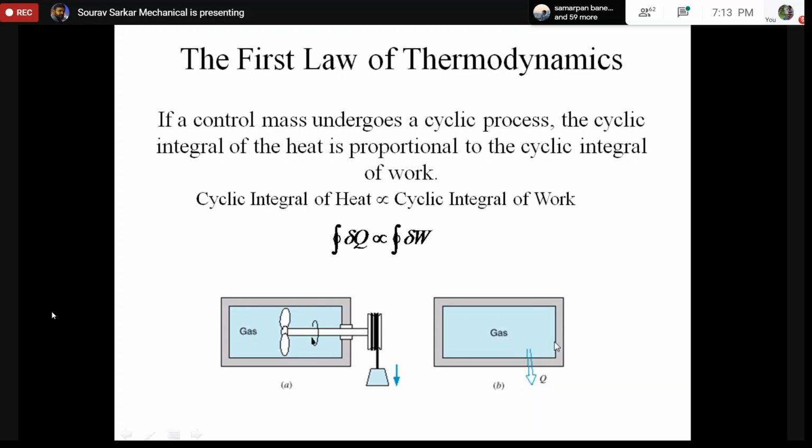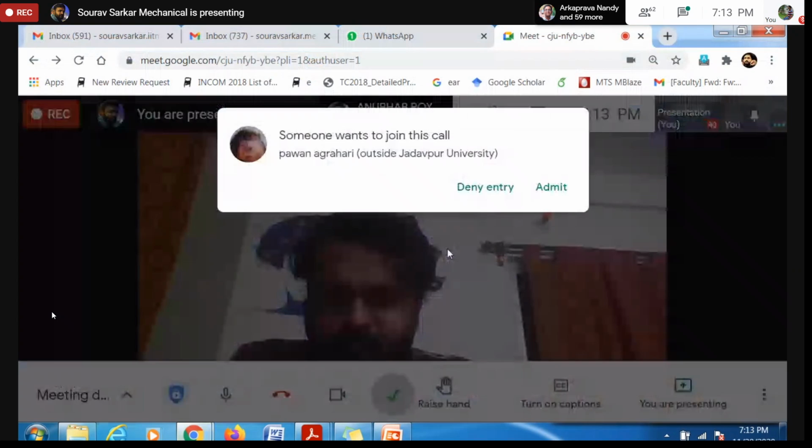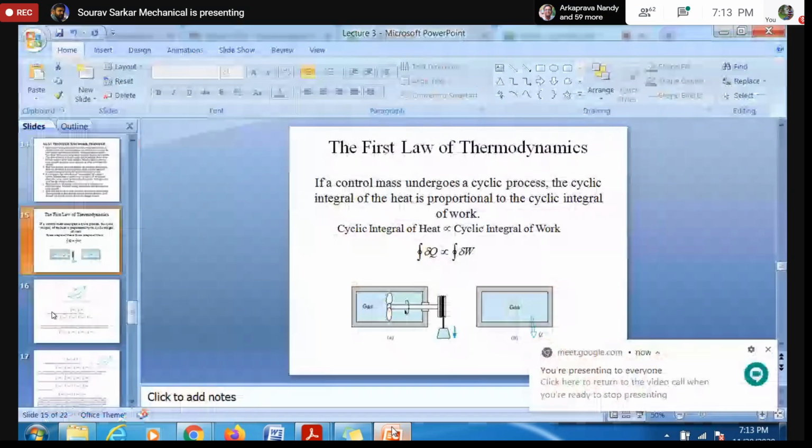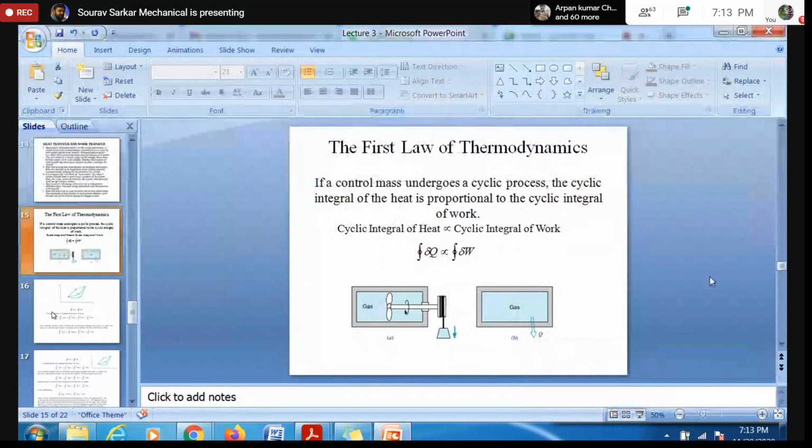After that, if we allow for a heat transfer process, it will reject some amount of heat. So what they are trying to say is, if at the initial state of the process you add some amount of work, after that you go for a heat rejection, and again come back to the initial state, the work added to the system is proportional to the heat rejected, or vice versa. So, if we go back to the previous system,